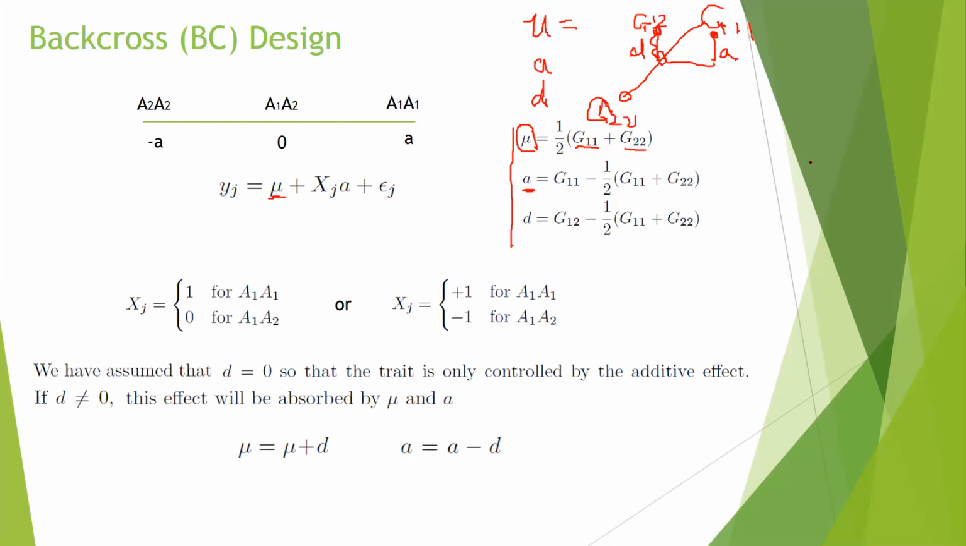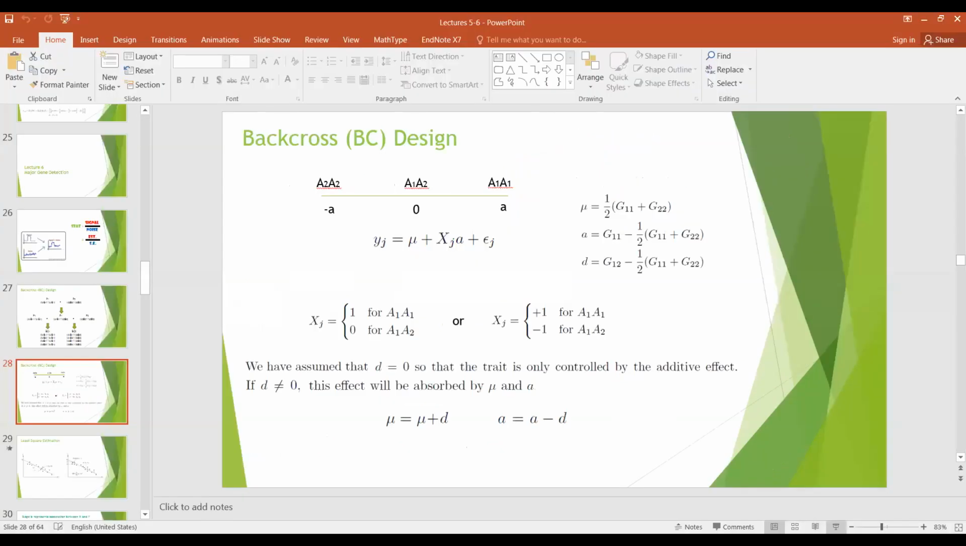I have a question. Yes, please. So for the backcross experiment, there is no G22. So can we still calculate mu and A? Yes, mu and A. This is what I just mentioned. Yes, of course, we can still calculate. Good question. So let me remove this and